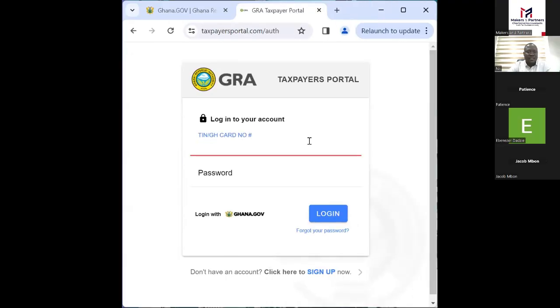When you get here, what you need to do is to key in your Ghana card. Okay. So this is how the portal looks like. So you use your Ghana card to log in. If you've not activated a Ghana card, you'll come to sign up, and then you come and activate your Ghana card.